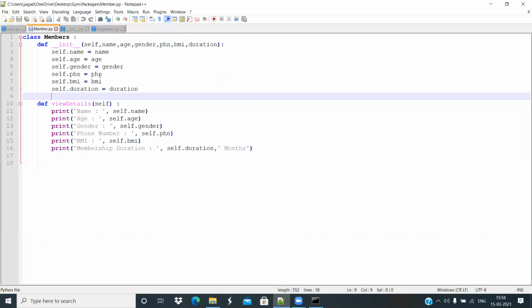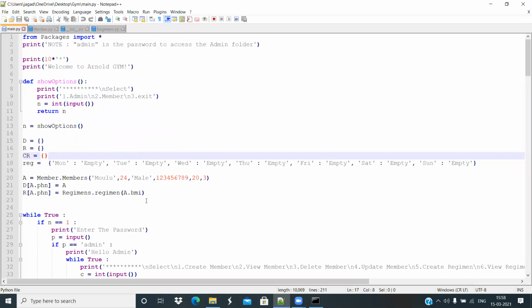So that's it. Then, how am I storing the member details provided by the super user? I am storing all the details in a dictionary D here, a regimen R here, and CR is the customized regimen that is created by the admin.